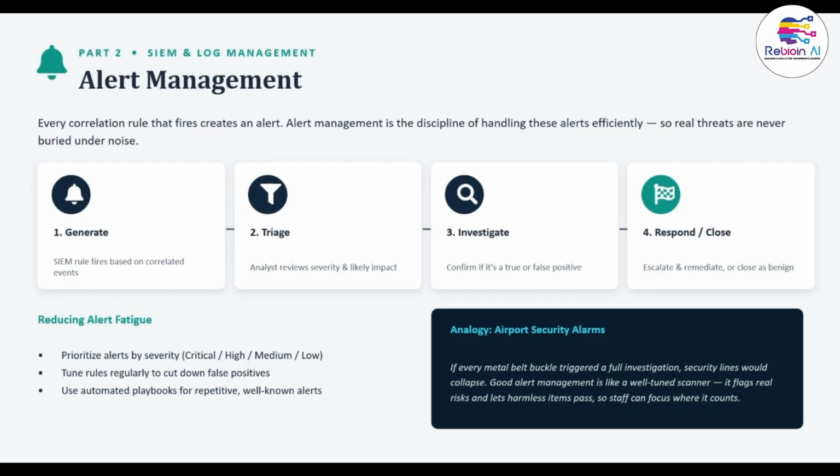Critical, high, medium, and low. These are the severity categories, so analysts always know what to look at first. Second, tune detection rules regularly. Constantly refining rules cuts down on false positives over time. Third, use automated playbooks. For repetitive, well understood alert types, automation can handle the first response steps without waiting on